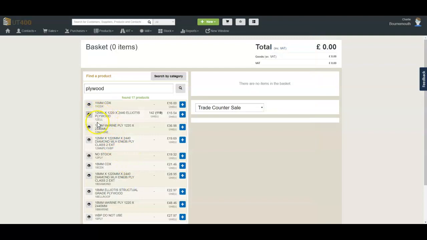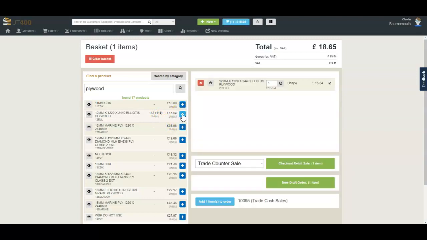Alternatively, within the table as is presented here, you've got the product description, product code, the number of items that are in stock, and this is at my active depot, and the number that are free available for sale, and a base selling price. If I click on the plus icon, that adds it into my basket and starts to